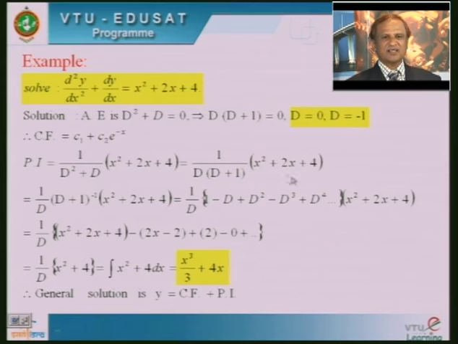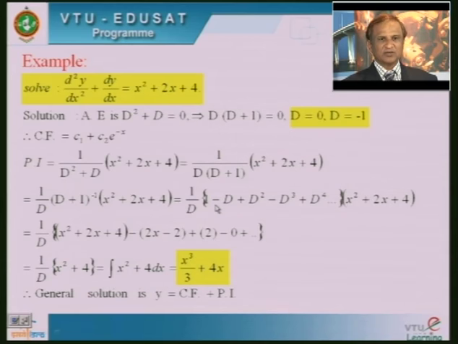Is it clear? Right. According to the method, I want to take D plus 1 to the numerator with negative index. So, I will write 1 upon D as it is, and I have written D plus 1 to the power minus 1 in the numerator, into the right hand side member. That is equal to 1 upon D into, so now I want to expand 1 plus D to the power minus 1 binomially.